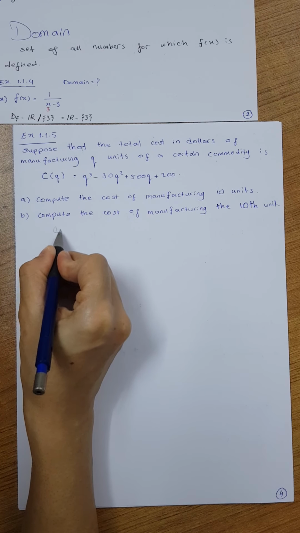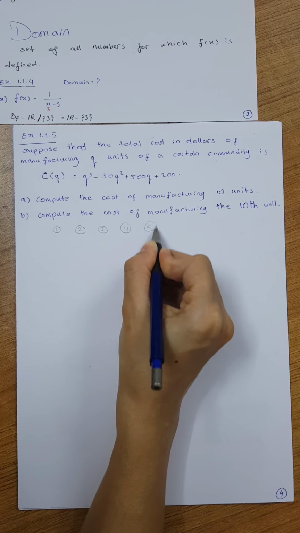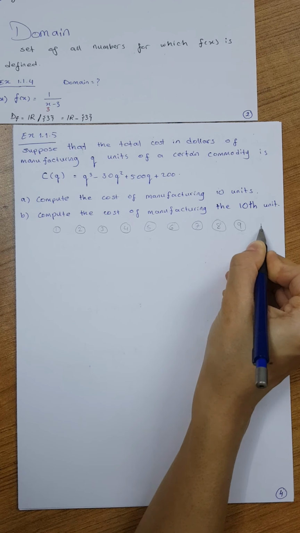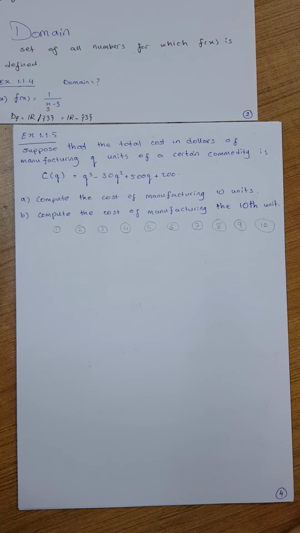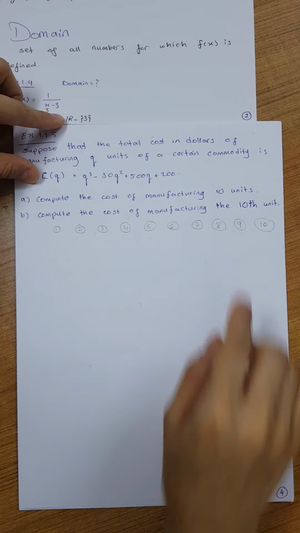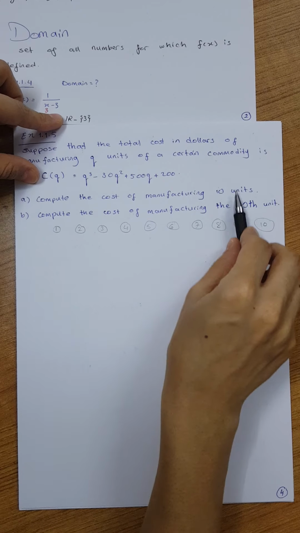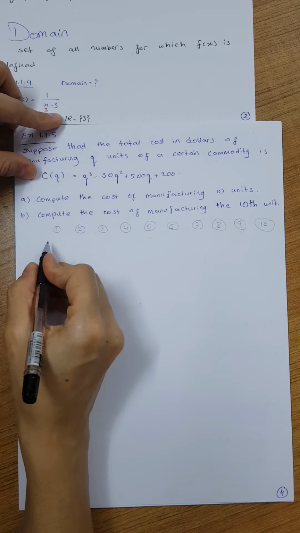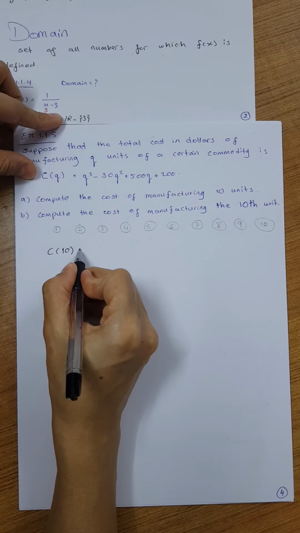I have got 10 units manufactured by that manufacturer. It says find the cost of manufacturing all of 10 of them. Okay, how can I find it? How many units have they manufactured? 10 units. So instead of Q, I will simply write C of 10, because 10 units have been manufactured,